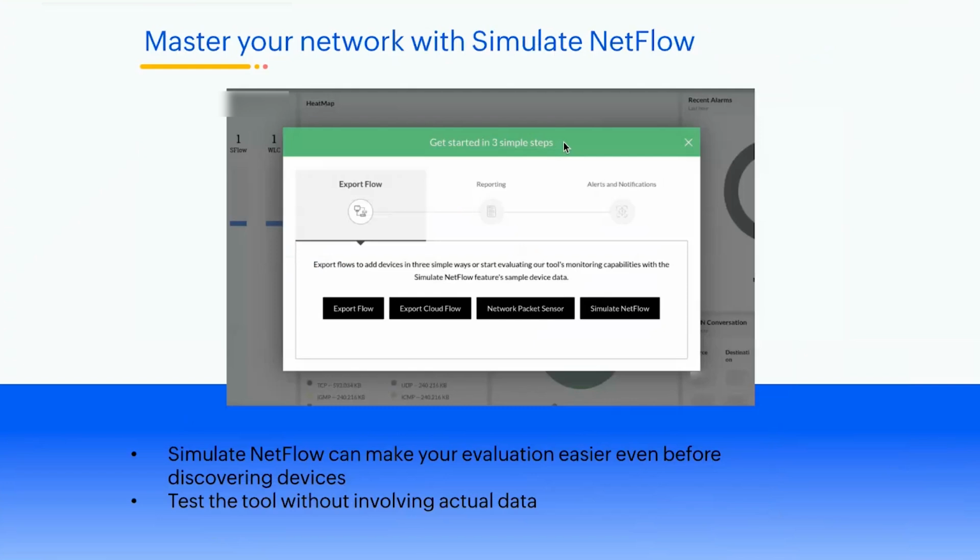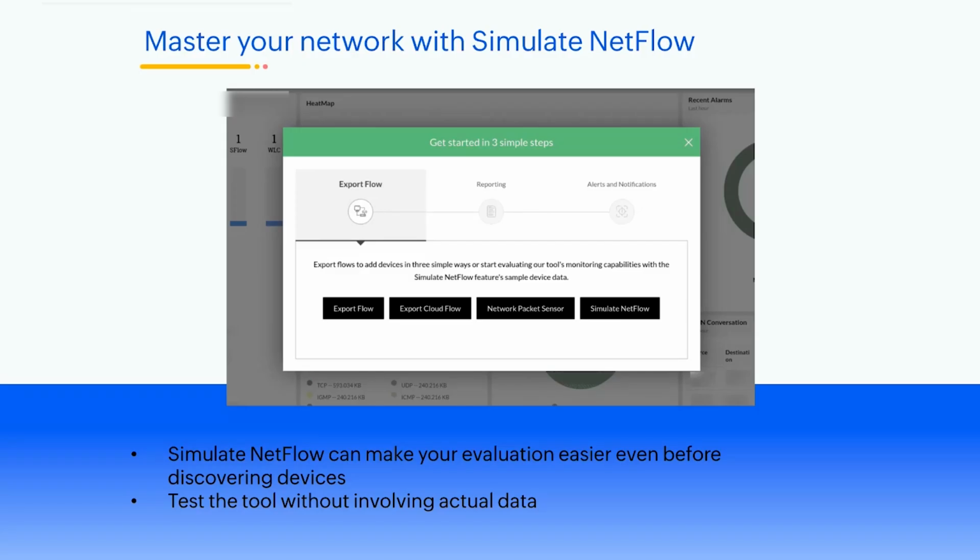Our next topic for the session is Simulate NetFlow. Network administrators of various organizations have a certain set of challenges while implementing a traffic monitoring tool or when they need to try new management strategies. They should exercise caution while executing any of these set practices, as either of them has chances of impacting the live network. To eliminate such challenges in implementation and monitoring, NetFlow Analyzer now introduces Simulate NetFlow, a feature specifically designed